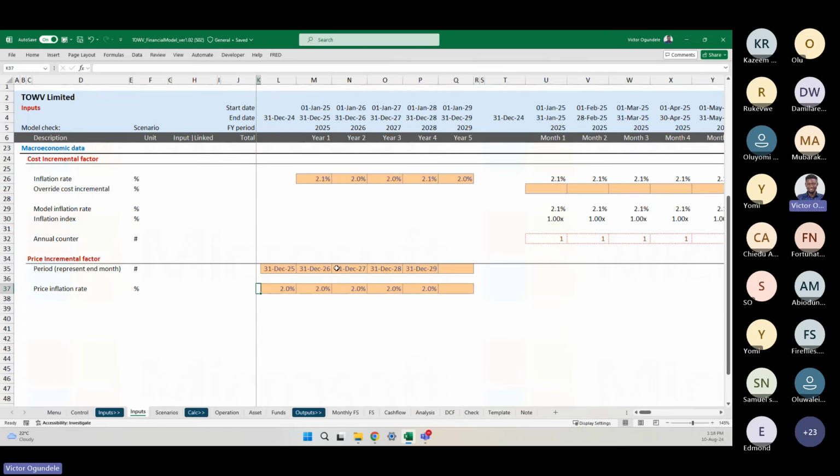Now, the next thing is, let's bring this inflation rate under each of the months, just like the same thing that we did here. As I said, we are trying to use another approach so that as the case might be applied when you are building your home, you won't say, hey, I've never seen this before. At least you know that you have more than one or two ways of doing things whenever you are building